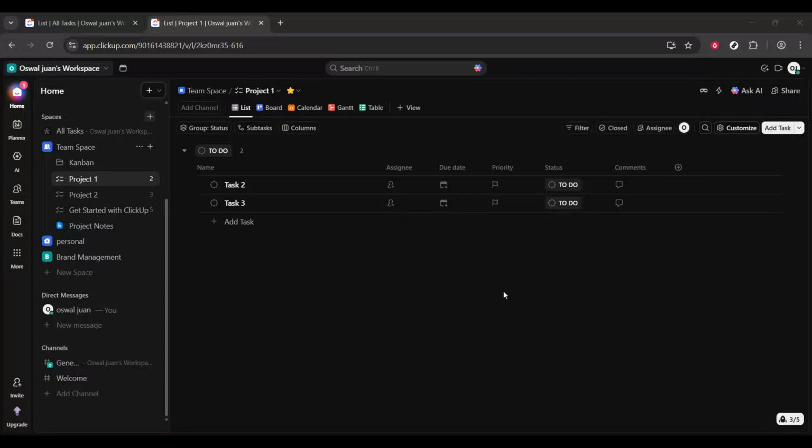In today's video, I'm going to show you how to fix the ClickUp error auto_069 step by step in a simple and safe way. This is a common ClickUp error that can appear when an action fails to sync properly, when the page times out, or when there's a temporary connection issue. The good news is that in most cases, this error can be fixed in just a few minutes without any advanced troubleshooting. If you use ClickUp daily for task management, automations, or team collaboration, this video will help you get